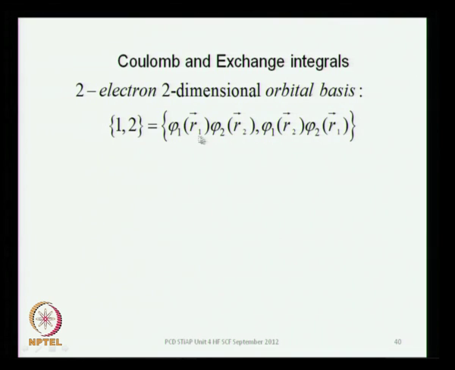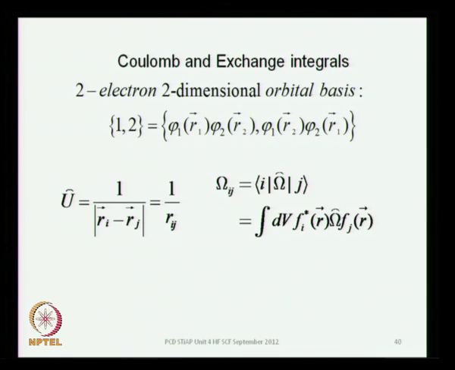This is the first function, this is the second function, and this is the interaction you are looking at. This is the Coulomb interaction, the 1 over the distance, 1 over Rij, and you can look for a matrix representation of the Coulomb interaction in this basis set, and a typical matrix representation is simply given by this integral,